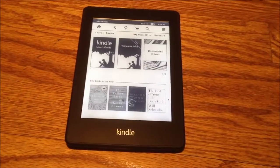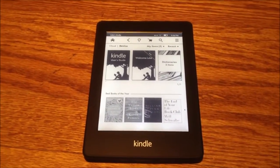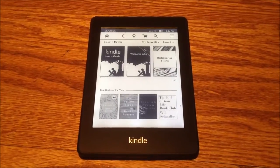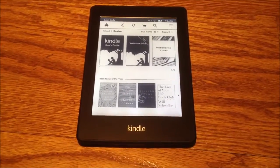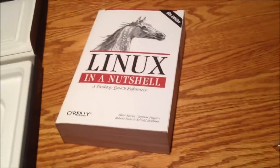So far, I like it. And it will definitely be a valuable asset to those of us that need reference material. That's probably what the Kindle's best at: reference material. So, yeah. Once I get Linux in a Nutshell on here, I'll be able